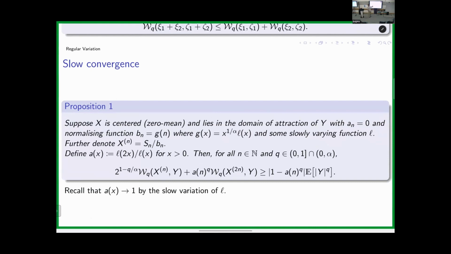Moreover, if your curly L goes to infinity or 0, you will never beat log, or log of 1 plus epsilon, 1 over log of 1 plus epsilon. So the error here will be slow. You will never beat log, regardless of how slow your curly L is, and you also can get arbitrarily bad. Okay? Arbitrarily bad. So why is this bad, right? Well, it means that in your estimation of the tails, you can only go to logarithm of n. So you really need a very, very, very large amount of samples to get just a bit further away and get some nice estimate on your tails. This really completely ruins your convergence for some strange reason.